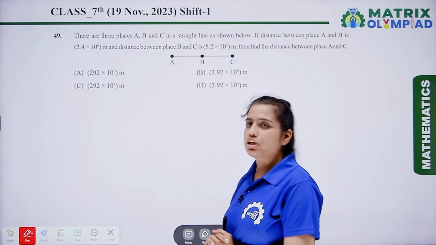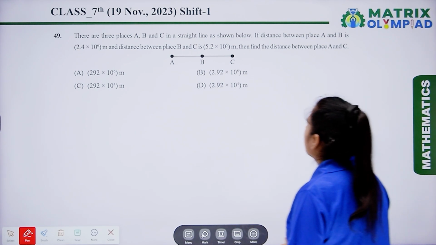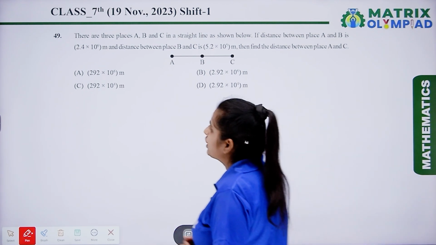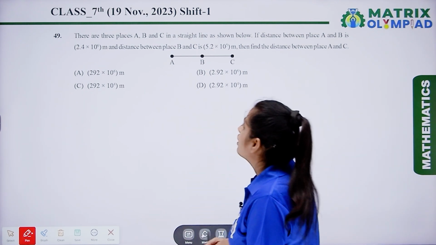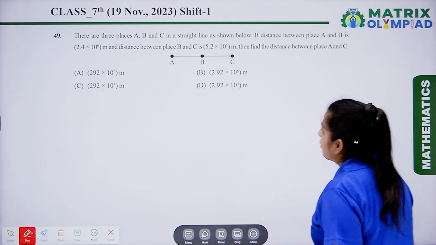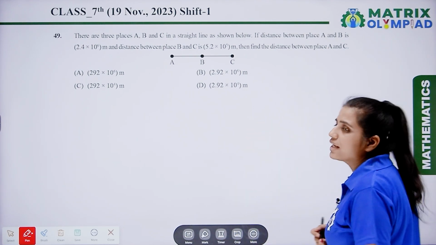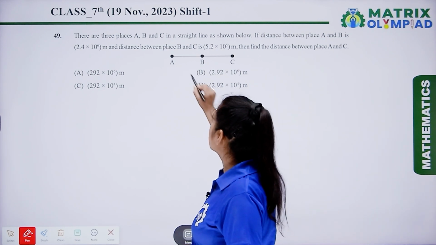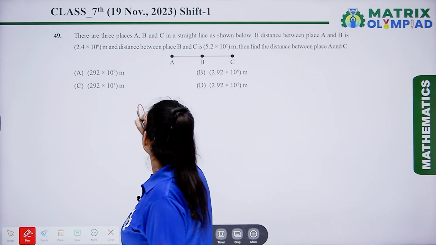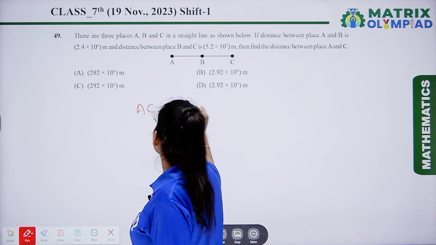Now the next question is question number 49. There are three places A, B and C in a straight line as shown below. If the distance between place A and B is 2.4 multiplied by 10 to the power 6 meter and the distance between place B and C is 5.2 multiplied by 10 to the power 5 meter, then find the distance between place A and C. So here we have to find out the distance between A and C. To find out the distance between A and C, we have to add AB plus